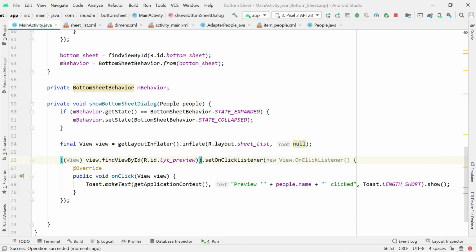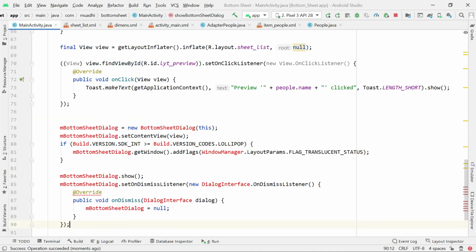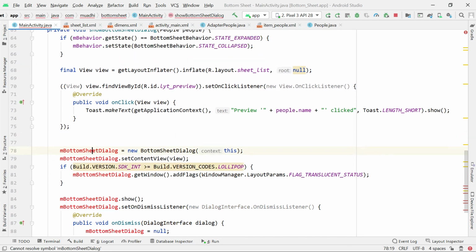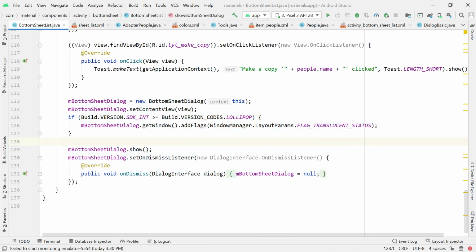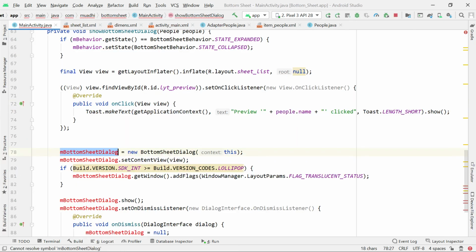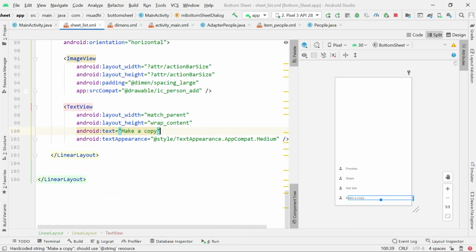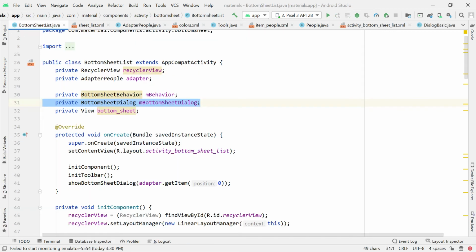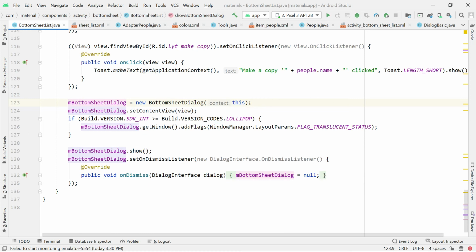So here, after setting the listeners, we get this bottom sheet and the bottom sheet dialog. I've not created it. The bottom sheet dialog is the one that will be communicating between the layout itself and the bottom sheet that we have created. So initialize there.